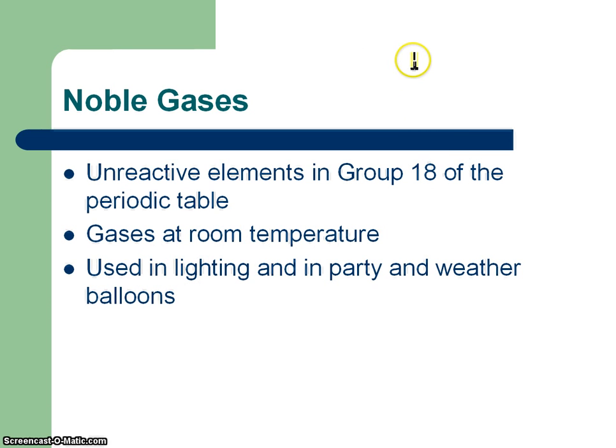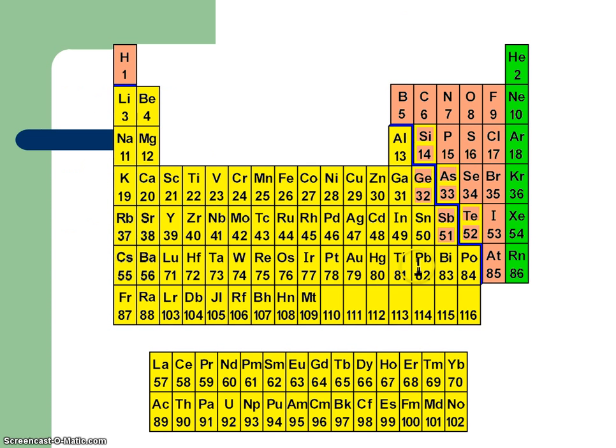And then you have noble gases. They are in group 18 of the periodic table, and they are unreactive. They are gases at room temperature. They're used in lighting, neon lighting, and in party and weather balloons, helium. And as you can see right here in green, helium, neon, argon, krypton, xenon, and radon will never get